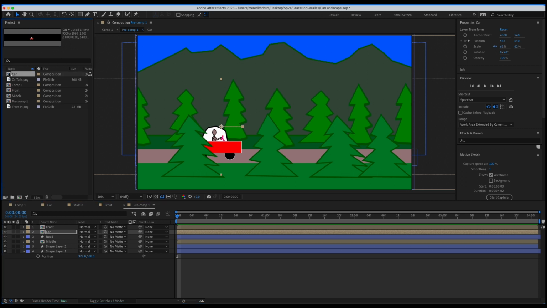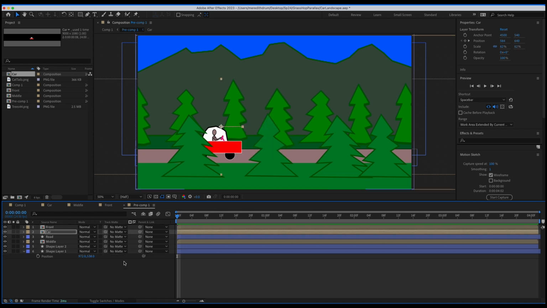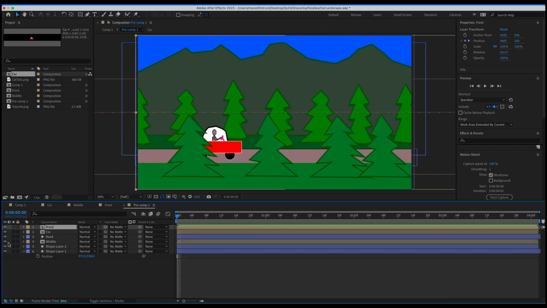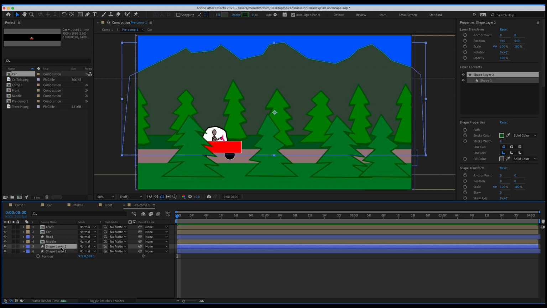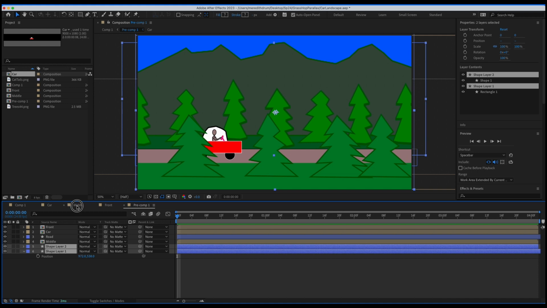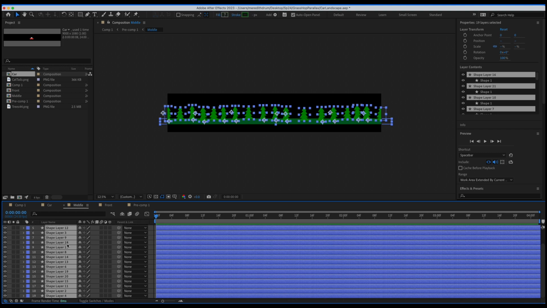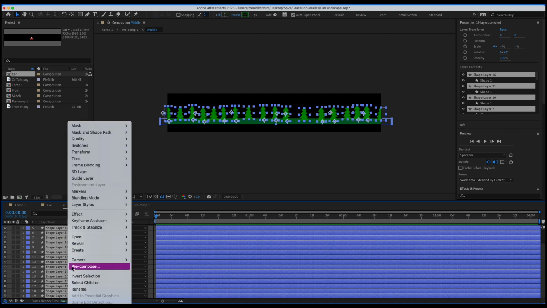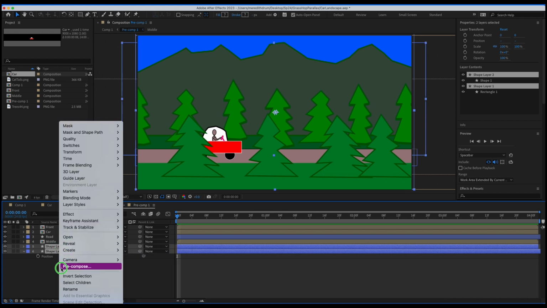Okay, so you could do that again if you want to, and you could have another car there, right? I'm not going to bother with that. So these are all in there. Here's your front row, your middle row, right? And these two are the backgrounds. And by the way, you make a pre-composition by selecting your shapes, which I did say here, right? Select all of those, and you right mouse click and use pre-compose, but I've already done it. So again, you could just go to right mouse and do pre-comp.